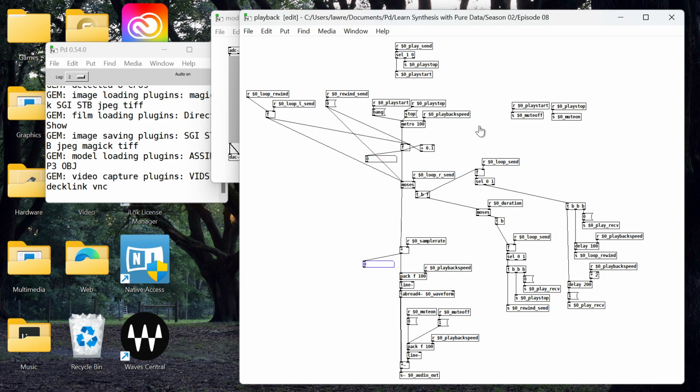Okay. So anyway, the next thing I was looking at that I think would be a good improvement before we get to the scrubbing, which will be next, is this here, rewind send. This is for when we get to the end. If loop is on, it rewinds to the beginning. Well, what functions do we need to have happen? Well, this turns off the play button, but this also stops it. I don't believe we need to play stop. Remember, in episode 7, we got rid of that stuff